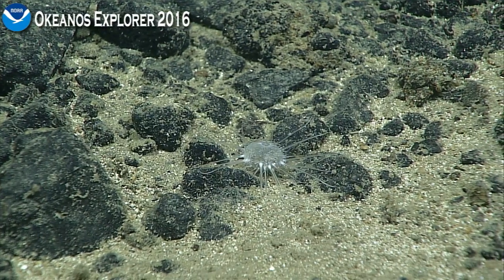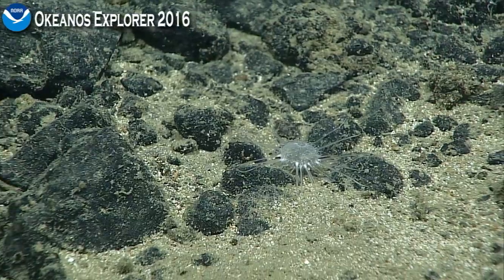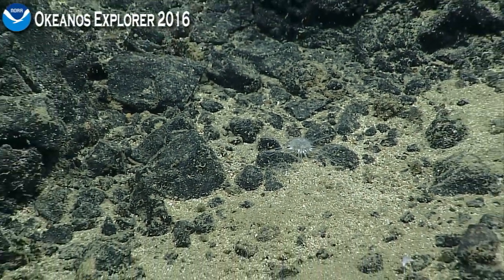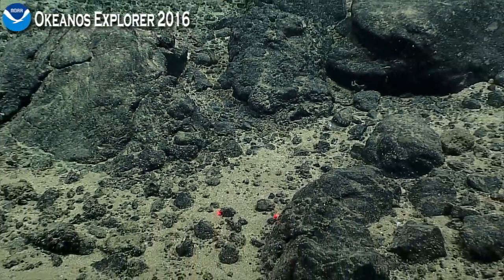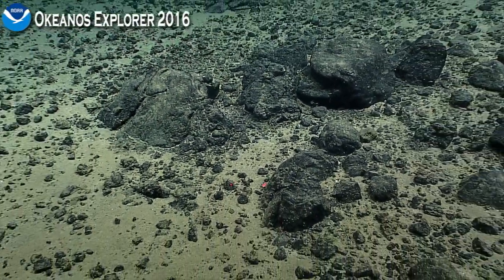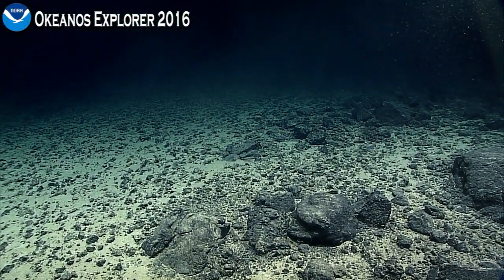Okay, but look, it has an oral surface and an aboral surface. Yeah, let's go at the base of the white. And we're also seeing blebs, and those are the gametes, gonadal tissue. Right, that's what Chris has been telling us. And that's actually an interesting, good sign because it indicates that the animals are healthy enough